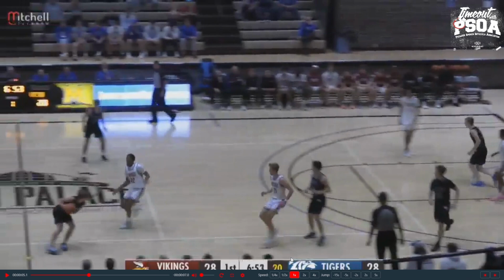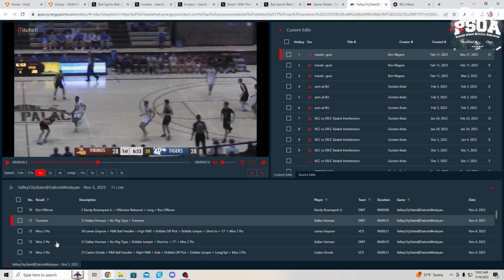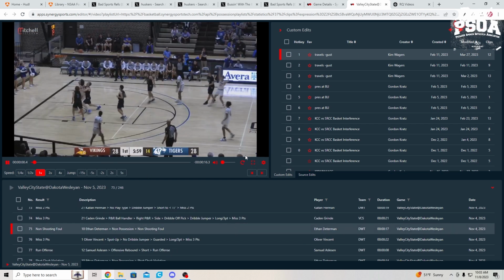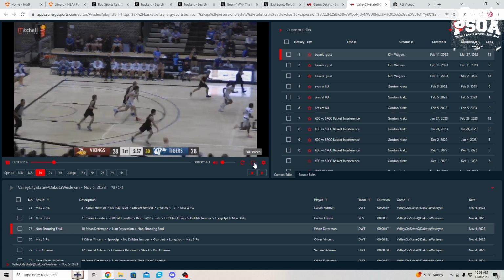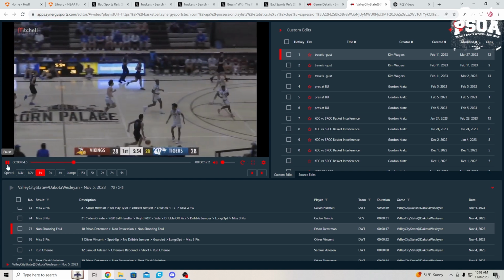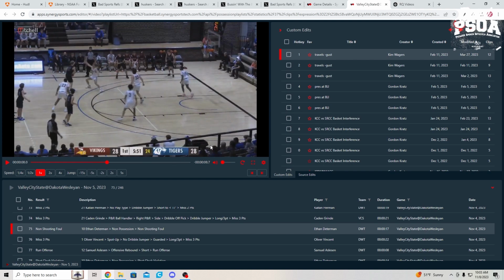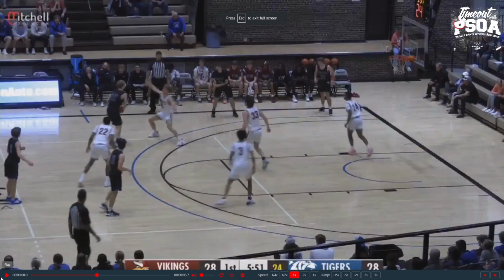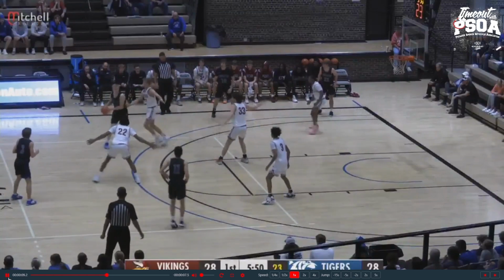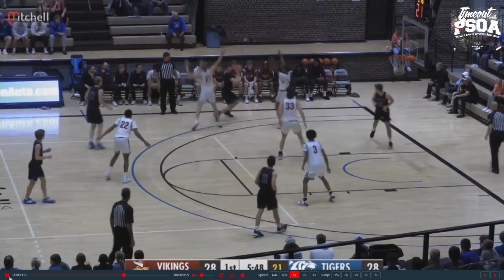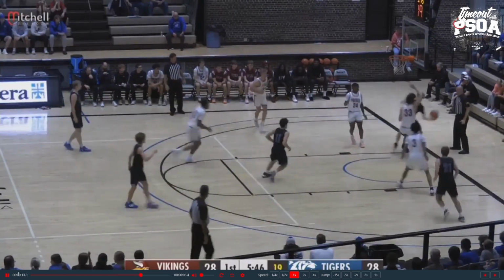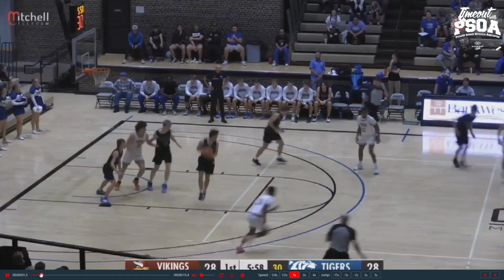Few more plays here to help us get ready for the upcoming weekend of games, whether you're working youth basketball or some college basketball. All right, so we have a rule that we covered in our daily quizzes. When a defender is within 3 feet of a boundary line and then there is contact by an opponent, who is the contact